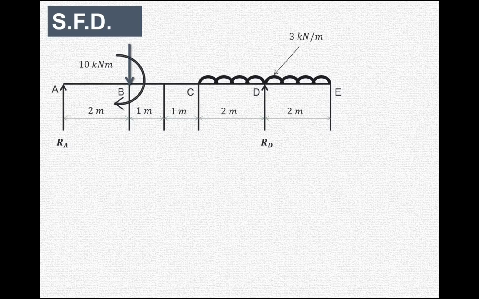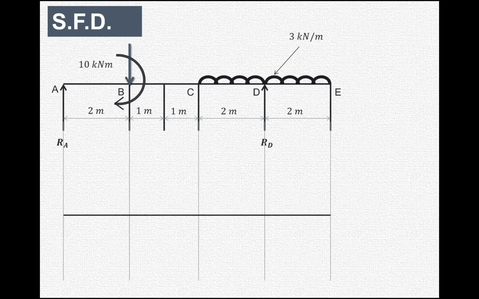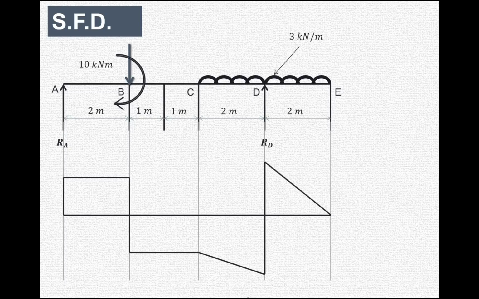Now let us draw the shear force diagram. So shear force at A, then it will remain same at B left and B, and then point C, then there is a UDL, and again shear force at D, and then this particular value. So all these values we have indicated over here.